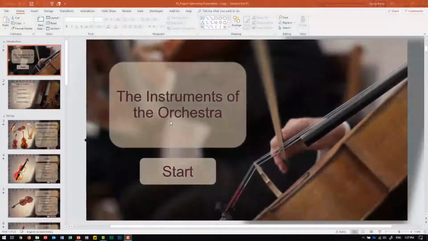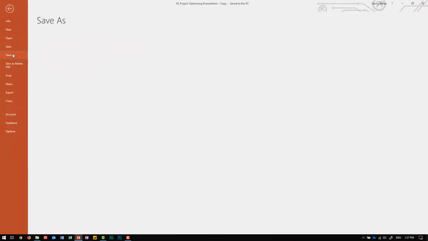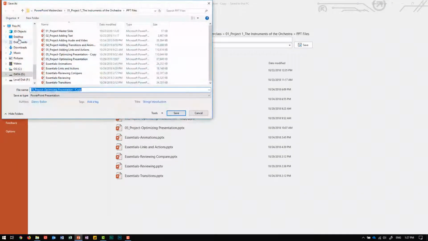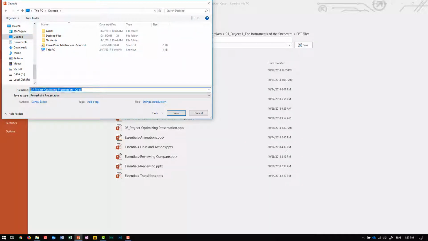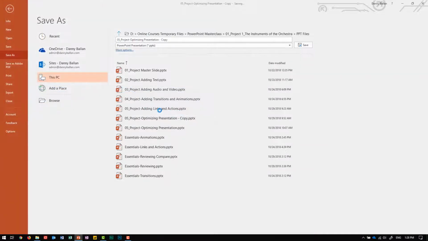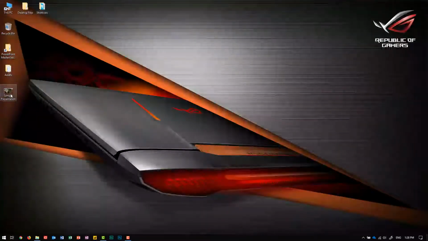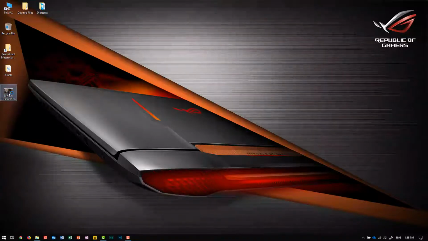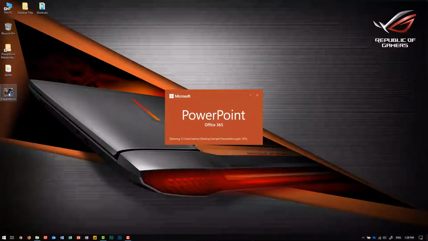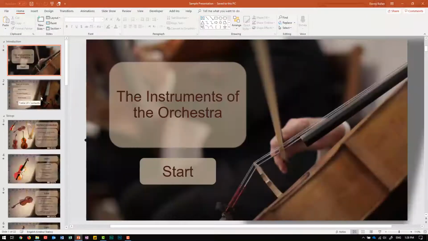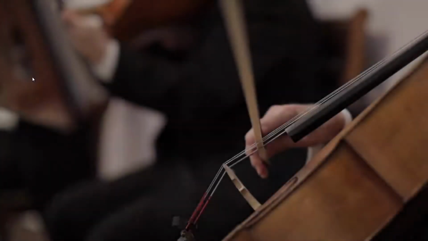Now we have this Instruments of the Orchestra project, and if we want to save it, we can go to File and go to Save As, and I'm going to save a copy on the desktop. I'm going to call it a sample presentation and save it. I'm going to close now, and I'll go to the sample presentation. When you open the sample presentation, as expected, it will open the presentation you were working on so that you can continue working on it, or you can press F5